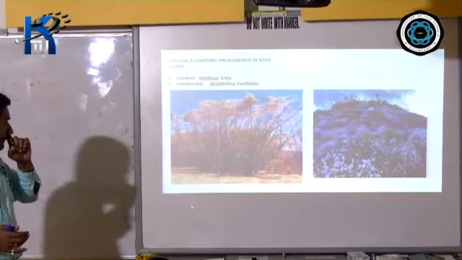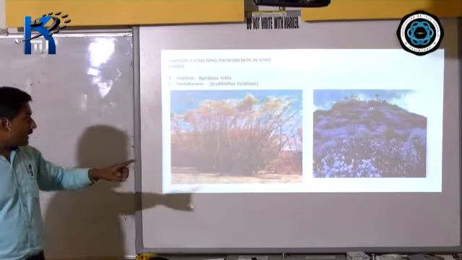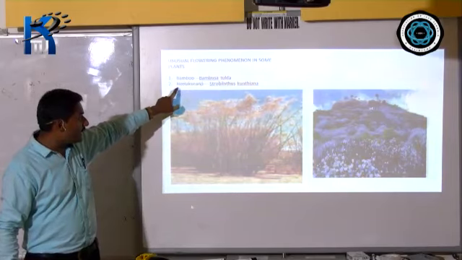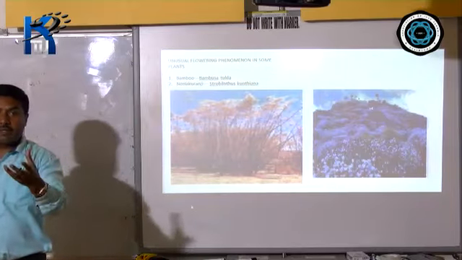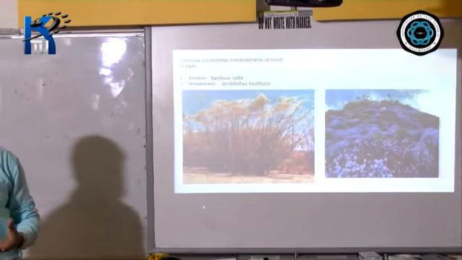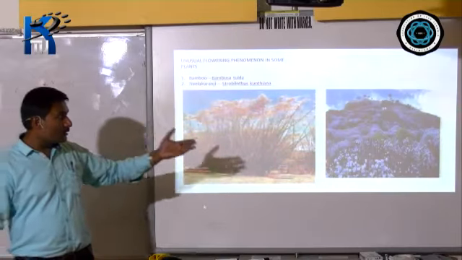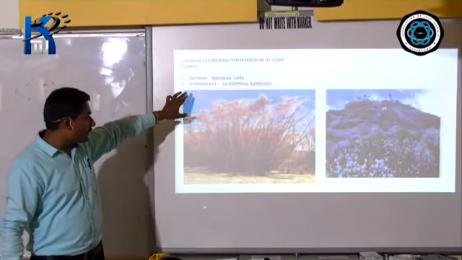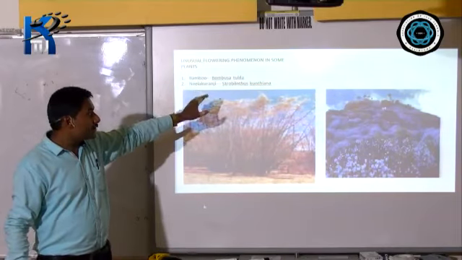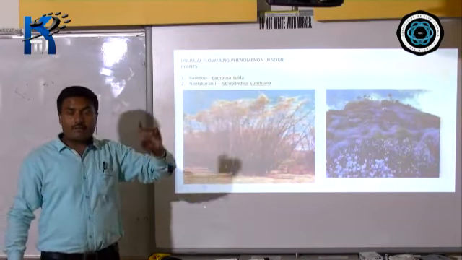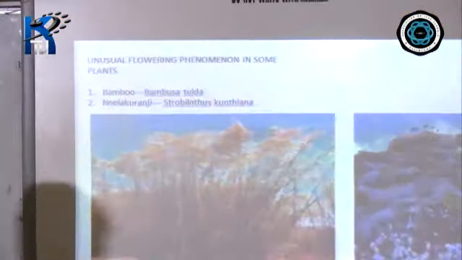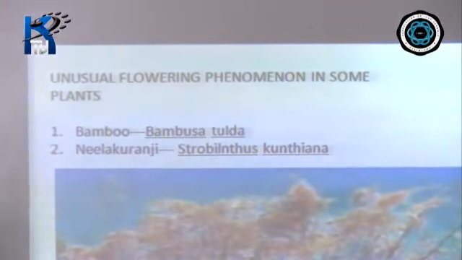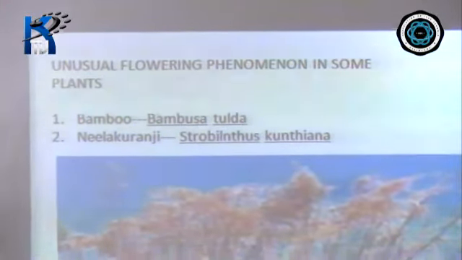At the same time, there is another plant that you call Nila Kuranji. The Nilgiri Hills have been given the name because the whole valley turns blue in color, and because of that, the local flower you find in that region, you call Nila Kuranji, which is Strobilanthes kunthiana. It flowers after every 12 years. After every 12 years only it flowers, and you will find the valley covered with the flower. So this is very unusual flowering.